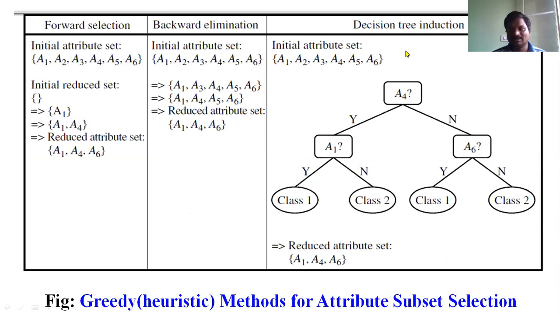For example, the decision tree here. I am taking the same attributes, A1, A2, A3, A4, A5, and A6. You have different attributes, and you have to remove some of the worst attributes that are not relevant, or sometimes may be redundant. How can you remove them? The first is the selection of A4. I am selecting A4. How can you select A4 here?